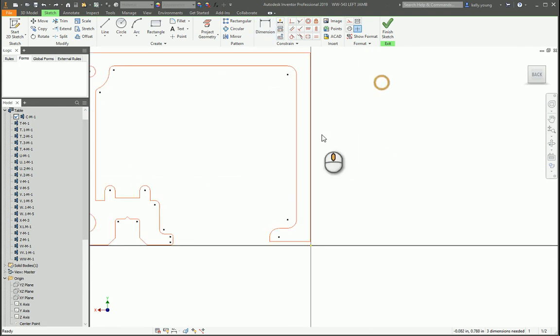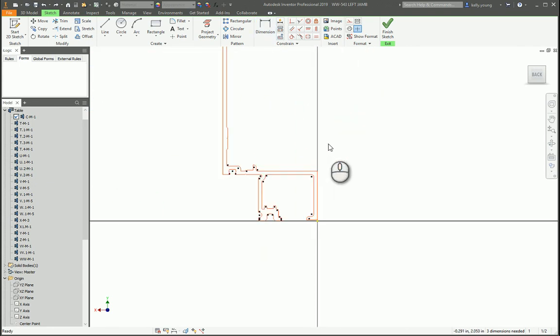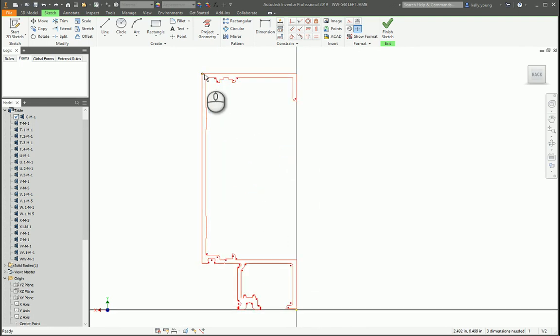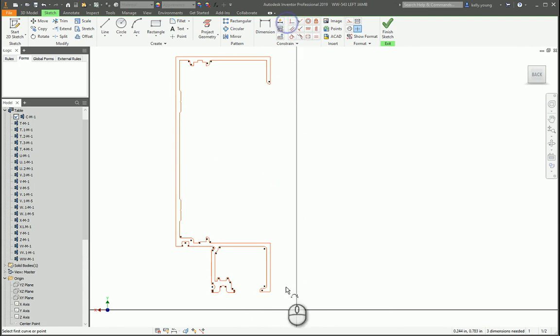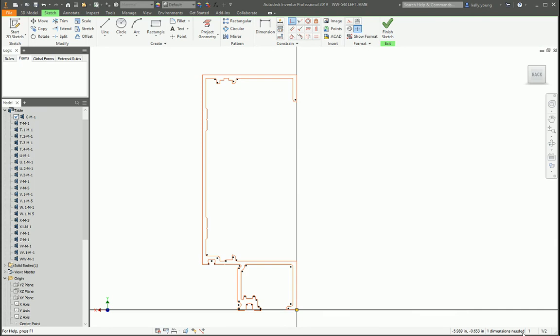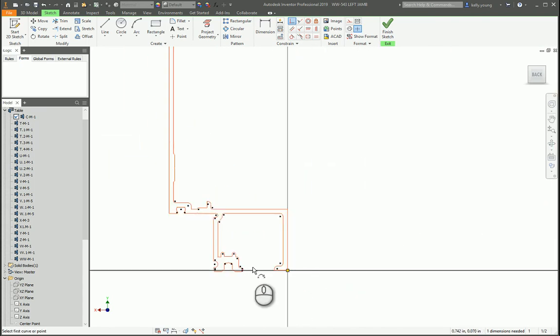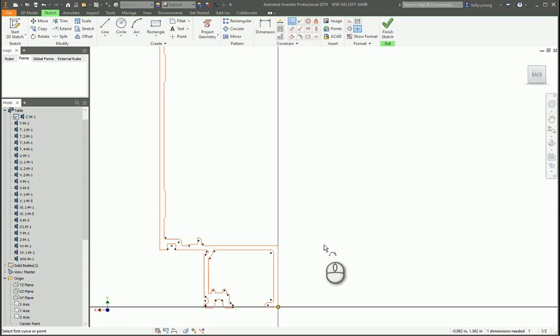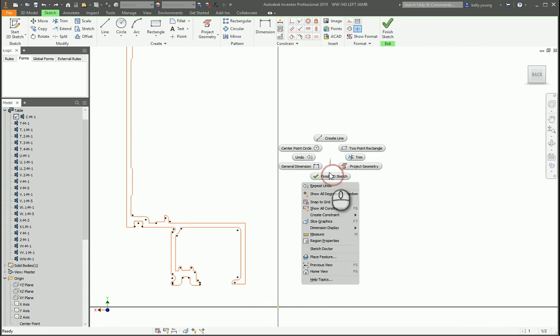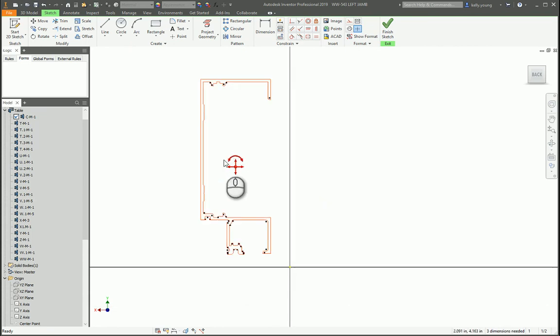So just to be aware, as good practice goes, figure out which corner you want to locate and locate that. Whether it be this corner, you could drag that to here, just in this case where it was located. So we're going to take this point and put it onto there. Now you'll notice that it still says one dimension needed. Everything looks nice, but it's actually not. So I'm going to undo that. There we go. Show degrees of freedom,